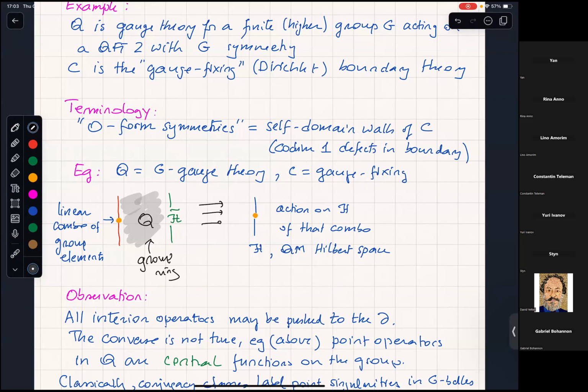The space itself becomes a module over the group ring, and on the left you can put the Dirichlet boundary, the gauge fixing boundary condition, or the group ring as a module over itself. And here you can see how you place topological defects away from the actual quantum field theory, because here what do you have? You have G bundles